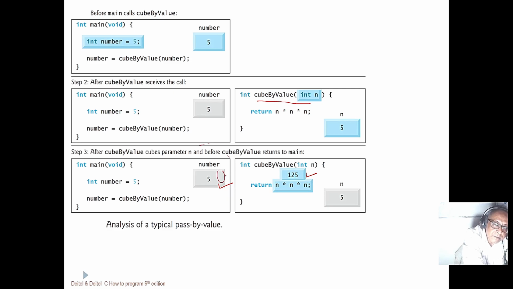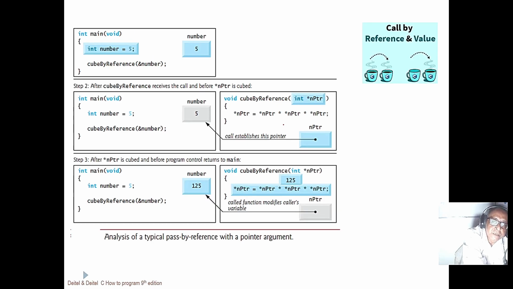That's interesting. But in call by reference, you can always see in the function that a pointer is passed, and whatever is happening here, it reflects here. So here source and destination are both 125. So actually a single copy is there, so it saves memory space. Whenever you're passing a very big array, image or video, call by reference is the preferred choice. It is much faster, but one has to be very careful.